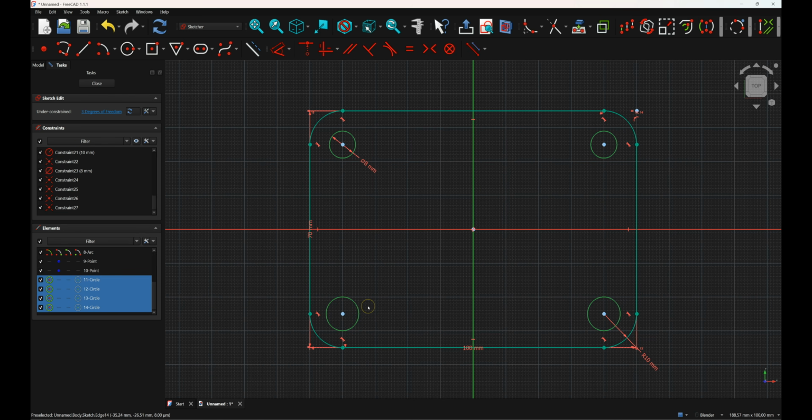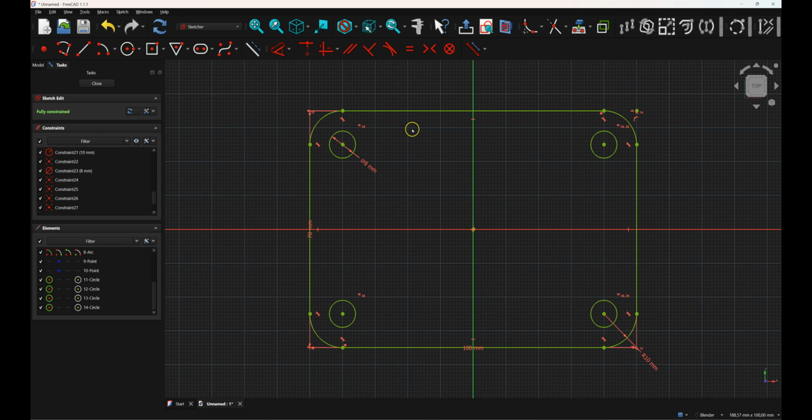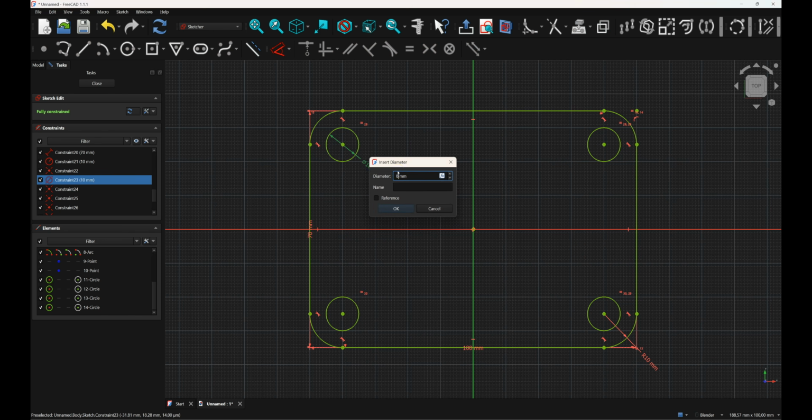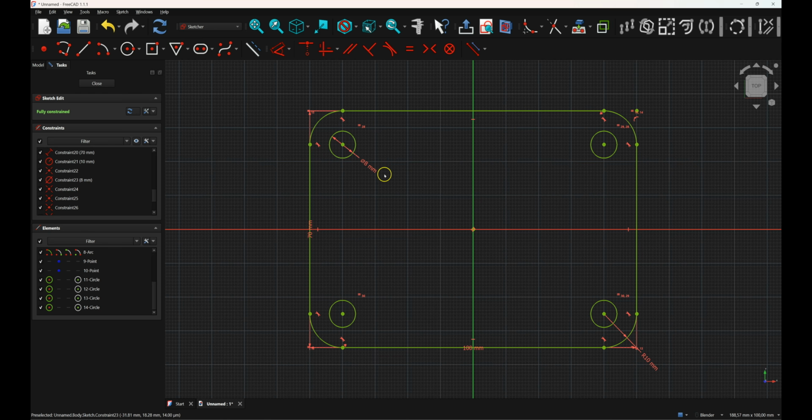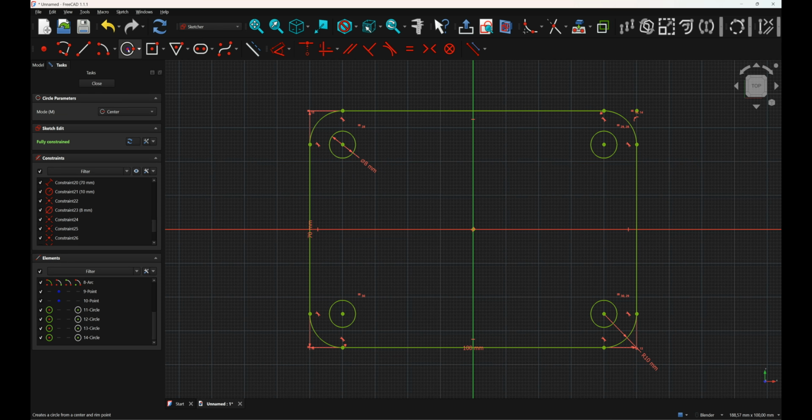In the FreeCAD Sketcher, we select geometry simply by clicking it with the left mouse button, and I apply the equal constraint to these geometries, and now all the diameters are equal. And if I need to change something, I only need to change this diameter, and the others will also be adjusted. I will change the value here to 8, and I will draw one more circle here so that its